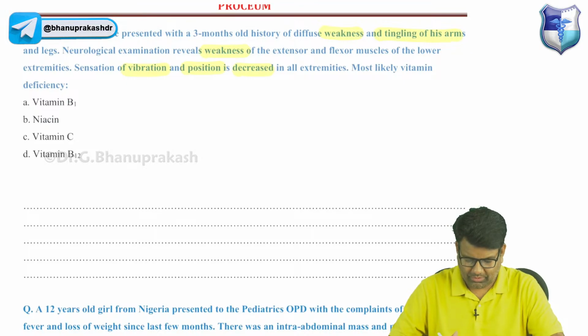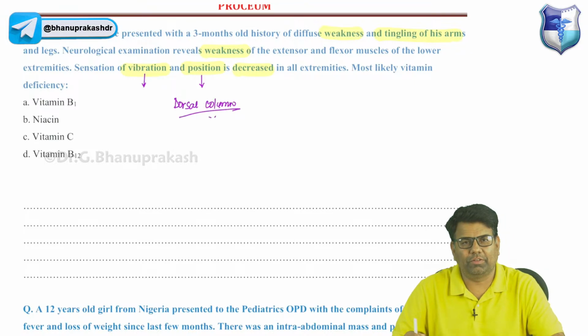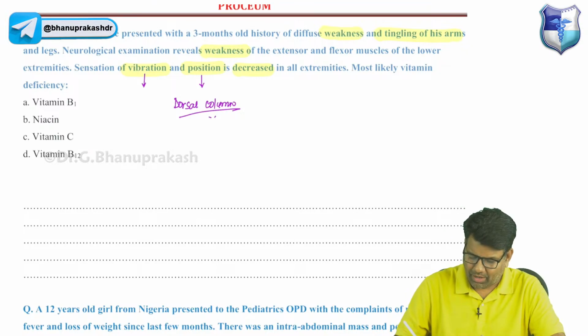So if you go through the entire presentation, what you can make out is that since there is affection of vibration and position sense, this is a disorder of which area? This is some condition which is affecting the dorsal column. And yes, this entity is known as